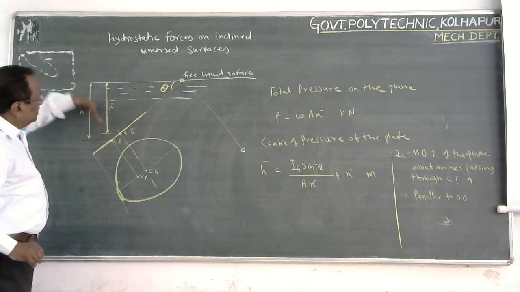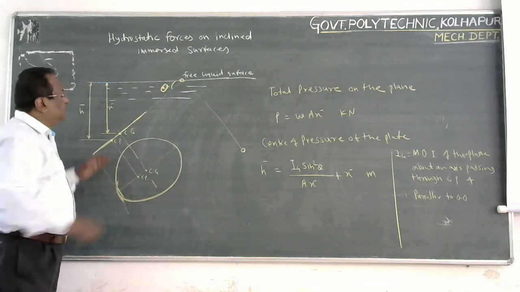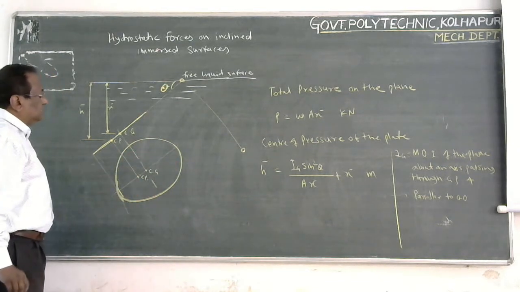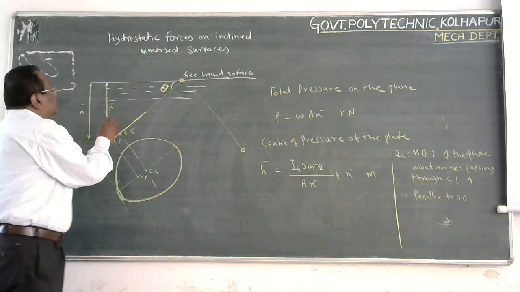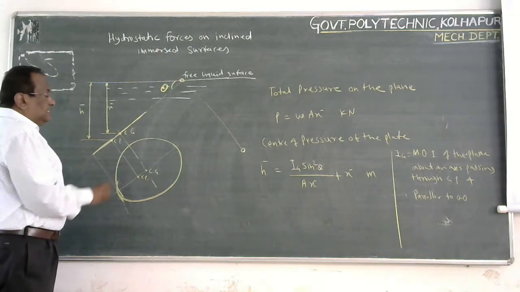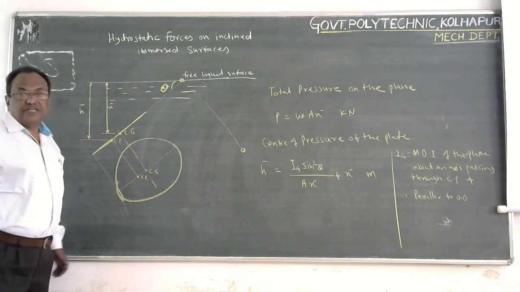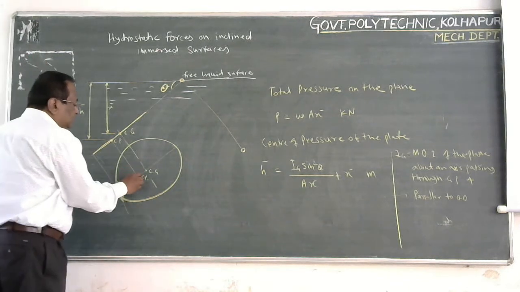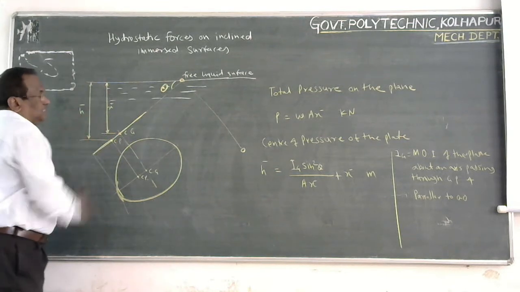If you see in the direction perpendicular to this plane, you will see the true shape of the plane. We have assumed it to be elliptical in this case. This is the CG of the plate. The distance of CG from the free liquid surface is known as x bar. The center of pressure is somewhat below the CG. The center of pressure of the hydrostatic forces on the plate is below CG. That point is known as CP. The distance of CP from the free liquid surface is h bar.